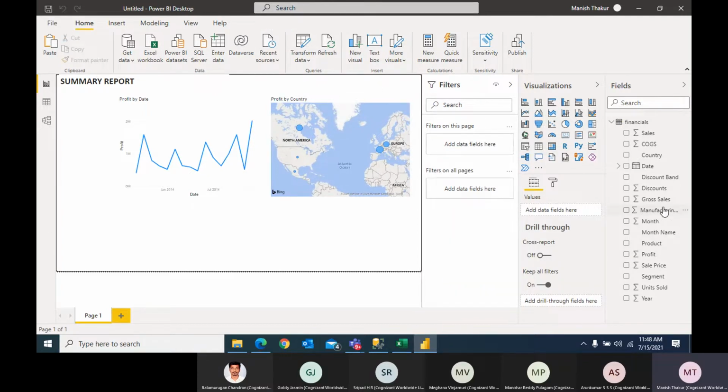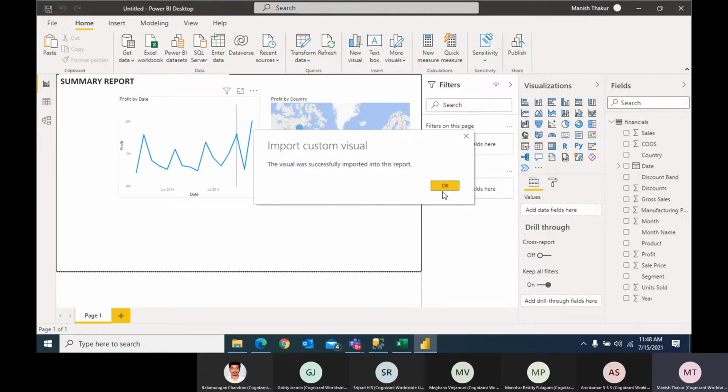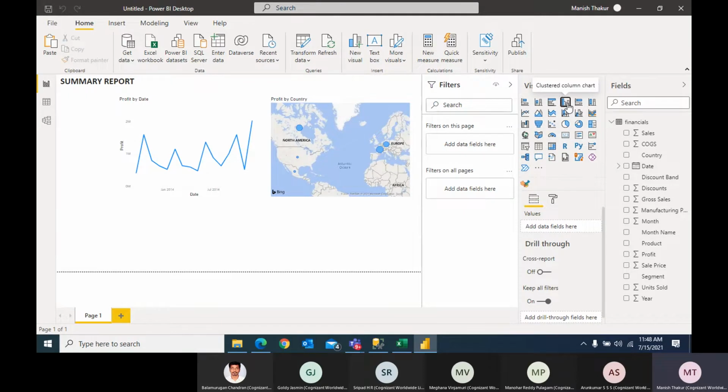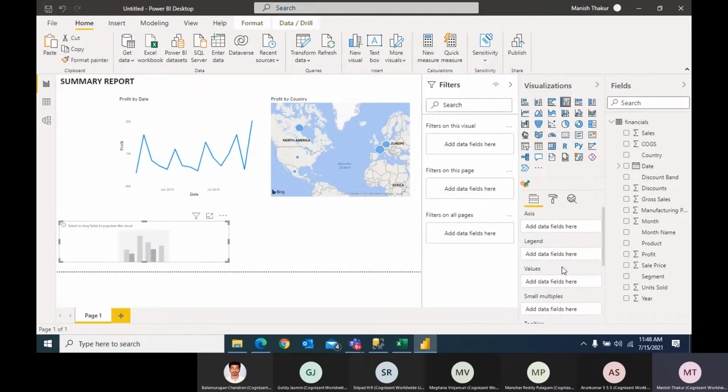Next, suppose this is one way of doing it: you just drag the parameter here and then add it. Next, you can create some of the visualizations directly from here also. So suppose I want to create a bar chart. I just click on that bar, and here you'll get that thing, and you can drag your parameters here so that it will give you the data.